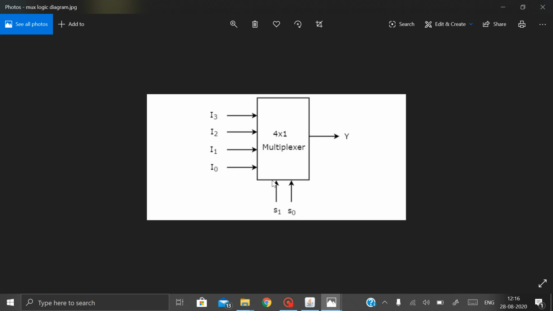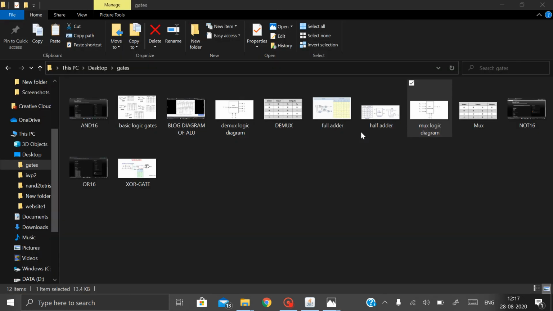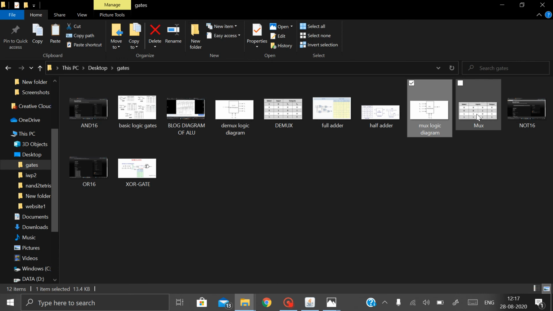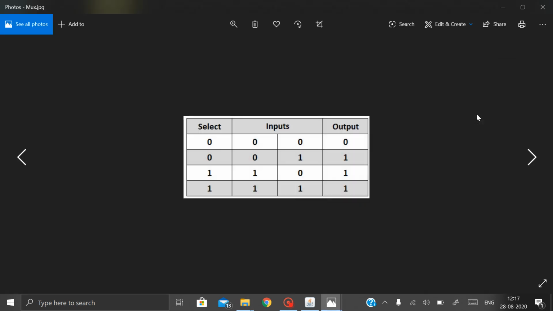Multiplexers are mainly used to increase the amount of data that can be sent over the network within a certain amount of time and bandwidth. Okay, let us see the multiplexer truth table also. You guys can see here these two are inputs and this is a selection line, as I told you, and this is the output.